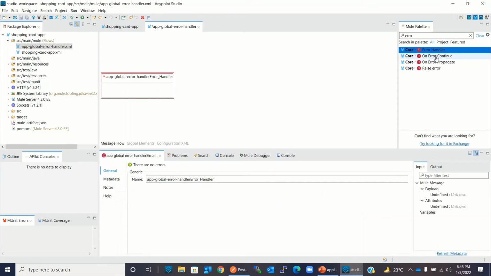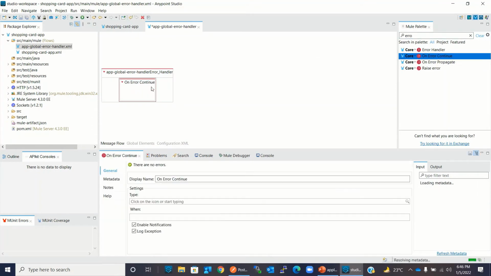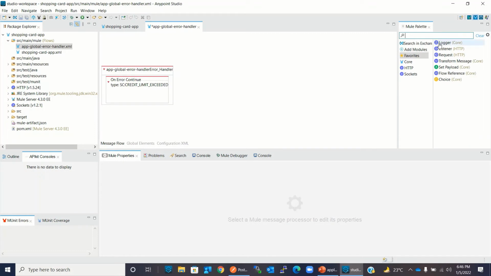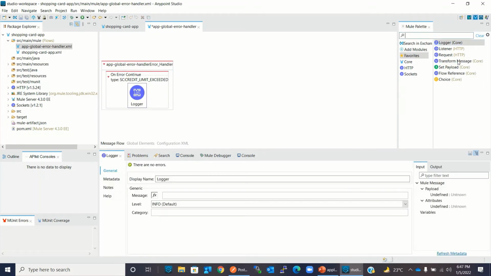Now I need an error handler component. I will drag on error continue. Here I will catch the error type SC credit limit exceeded. Now I need a logger and I need a transform message component.